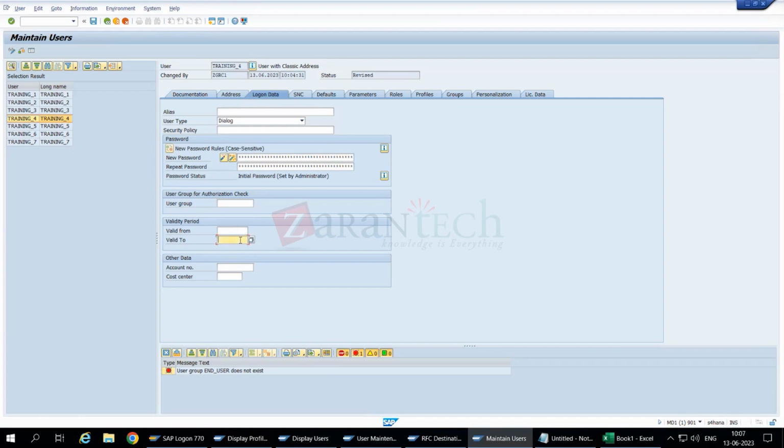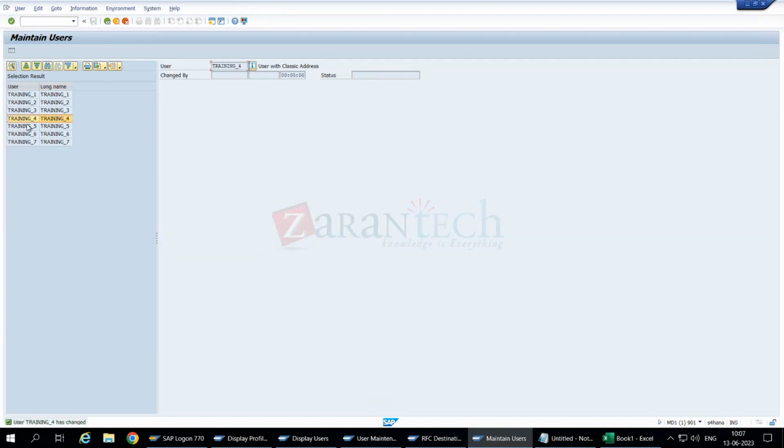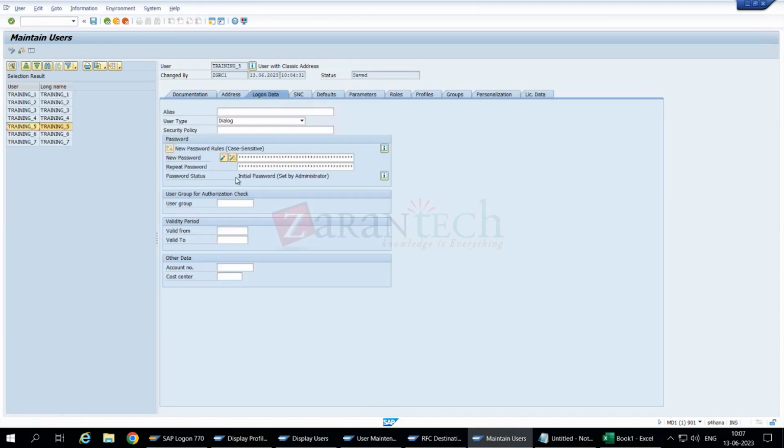Let's put some validity. Okay. All right. So I'm putting a validity, saved. Now if I go to next user, it is going to open on the same tab. Okay. So I don't need to